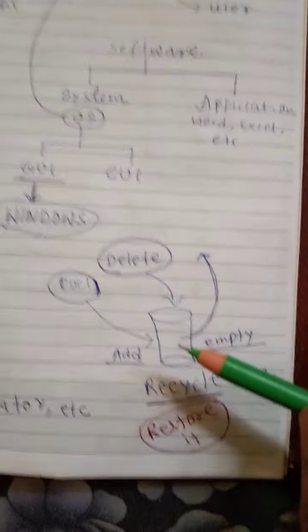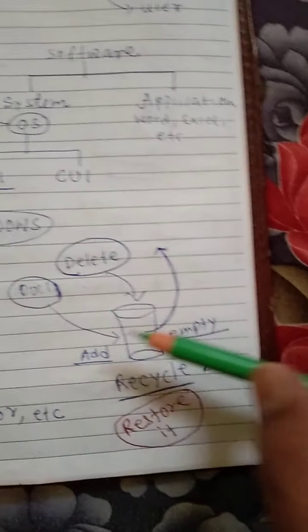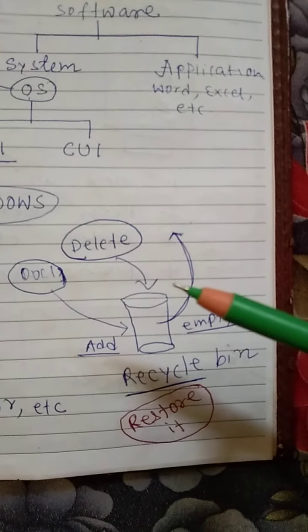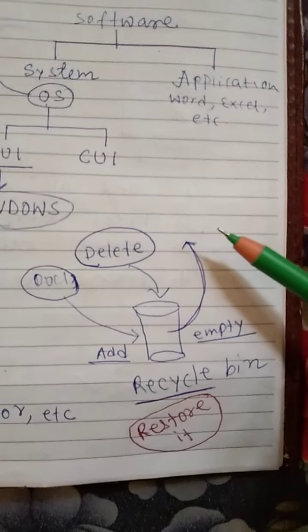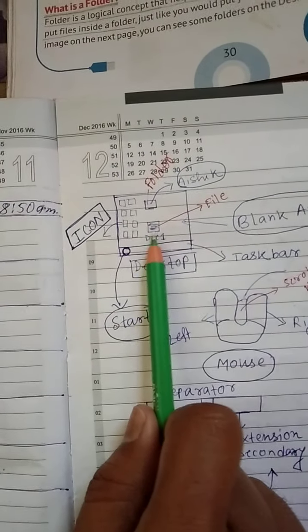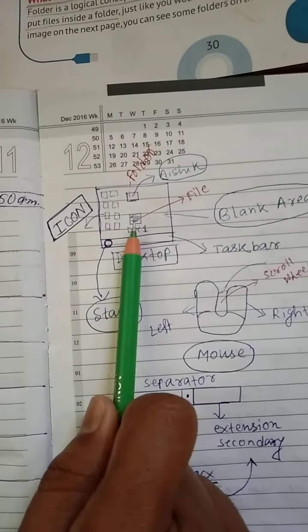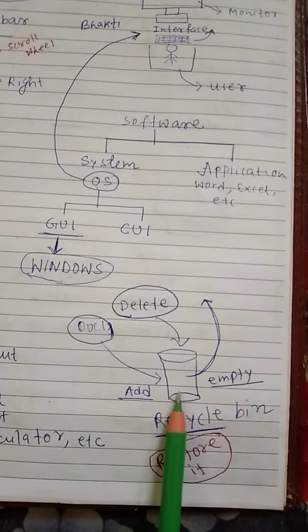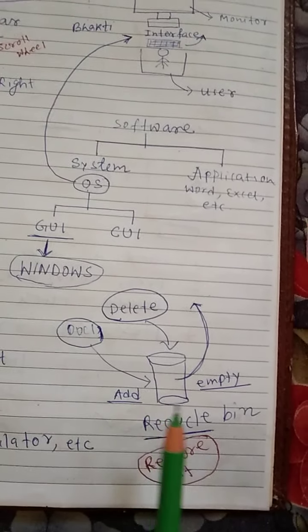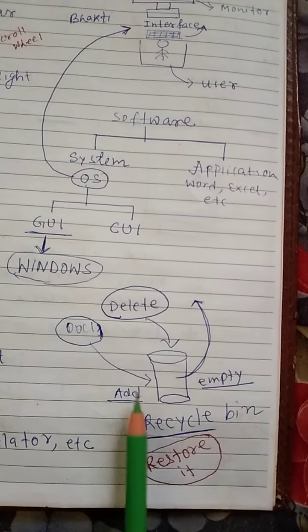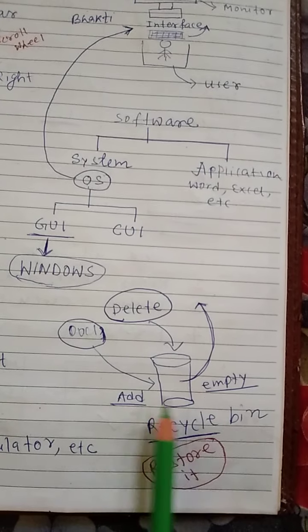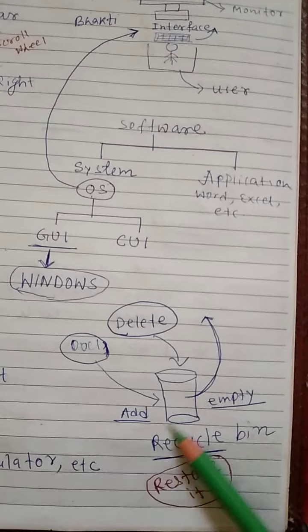Look here, it is an example of the Recycle Bin. When anyone deletes an unwanted file from any place in the computer system, the file is generally stored in the Recycle Bin folder. Suppose I want to delete it. When I right click on that particular file and click on delete, the Doc1 file is added inside the Recycle Bin. If I want to delete it from the Recycle Bin, simply double click on the Recycle Bin folder, right click on that file and empty the Recycle Bin. Automatically the file is permanently deleted from the Recycle Bin.